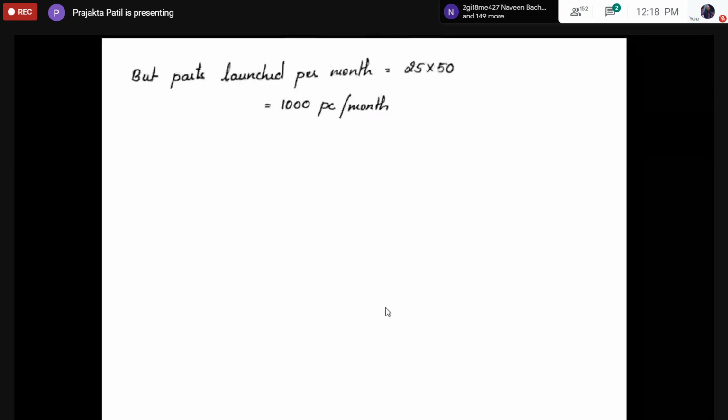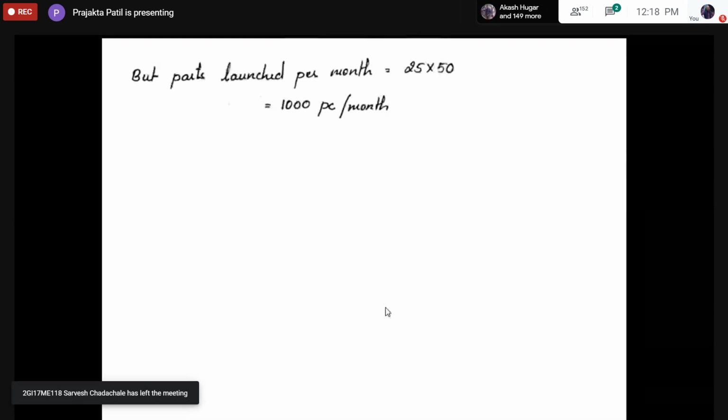You have 20 orders every month, and every order consists of 50 parts. Therefore, the total number of parts that will be launched,